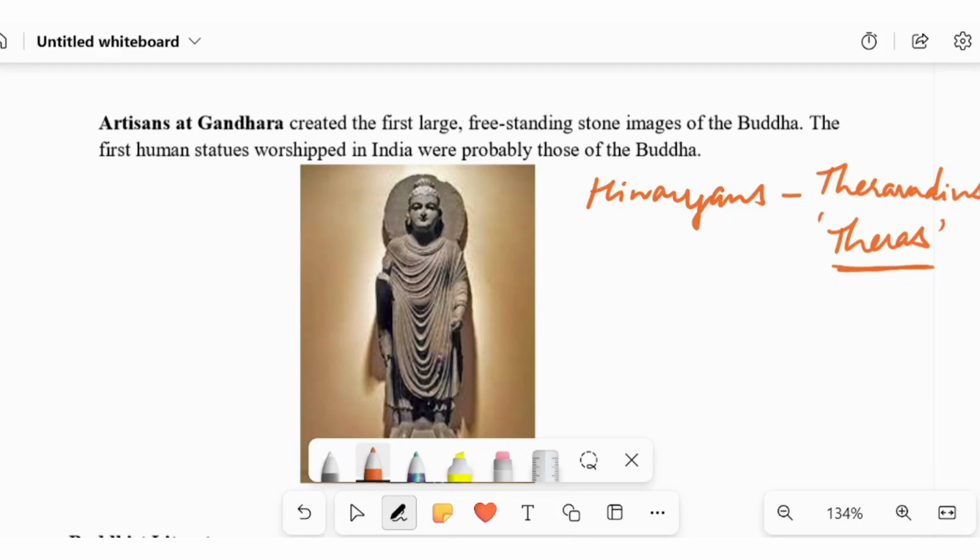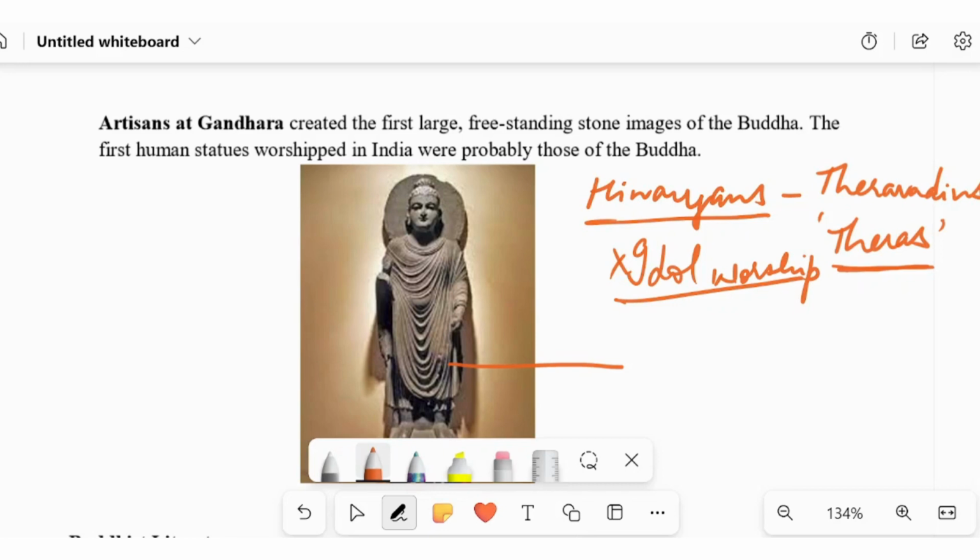Hinayanas do not believe in idol worship, which started with the emergence of the Mahayana faction. This faction was patronized by the Kushan ruler Kanishka. The fourth Buddhist council was held in Kashmir, and with that the statues of Lord Buddha became very